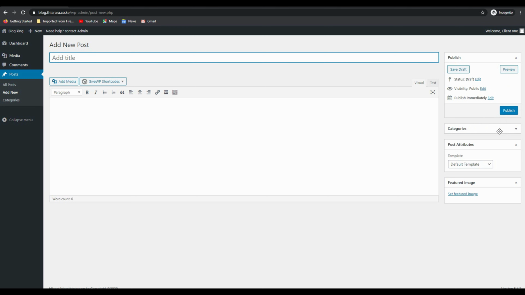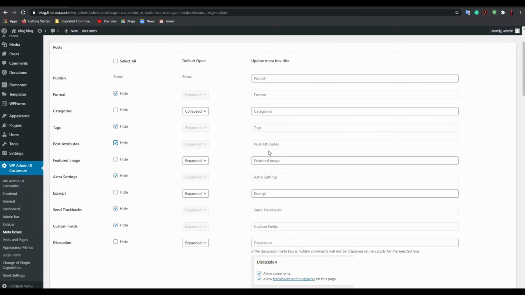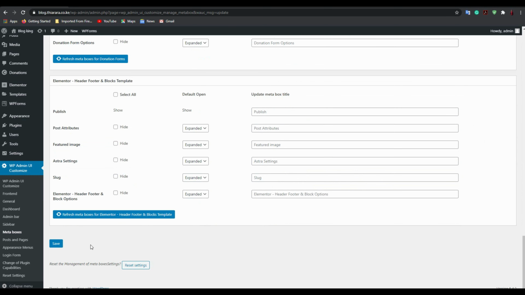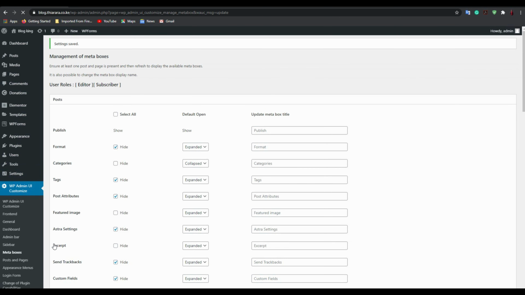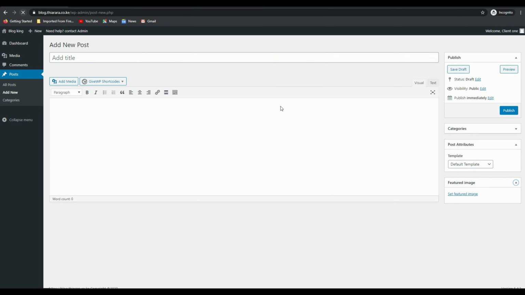Customer has this publish option, category, and post attributes. You can remove this post attribute, and featured image is good. Let's come here and select post attribute. Then featured image, let it remain like that, and we scroll and save it. So from there you can refresh the page